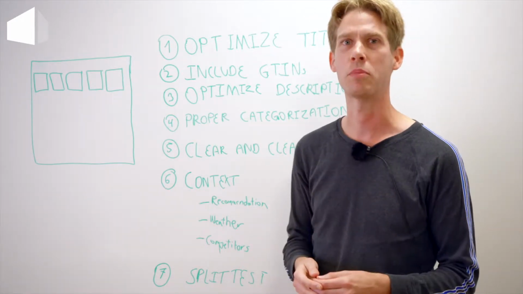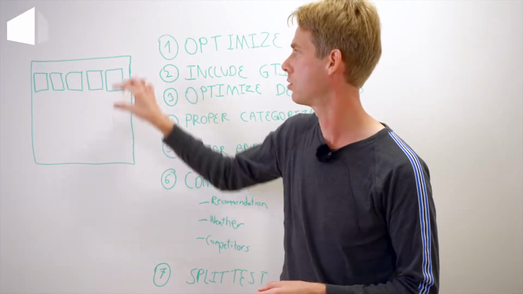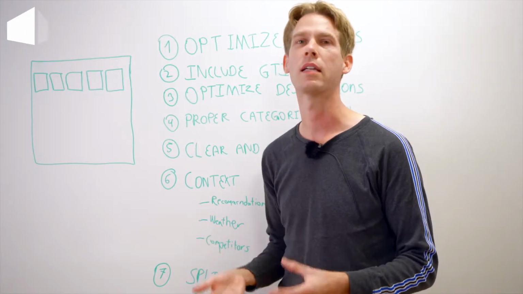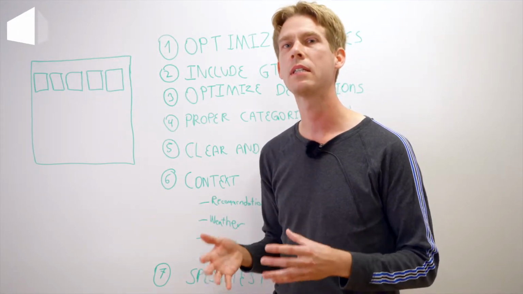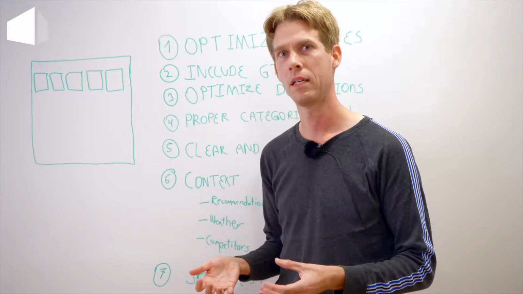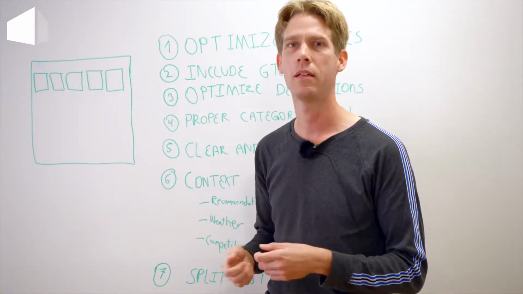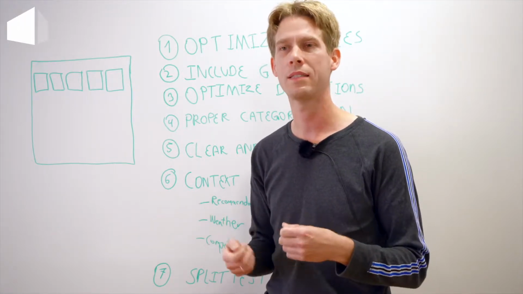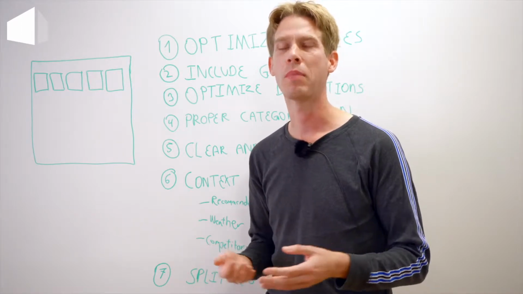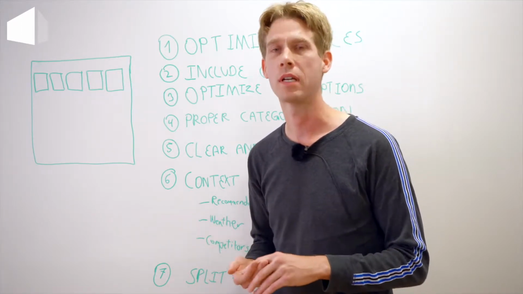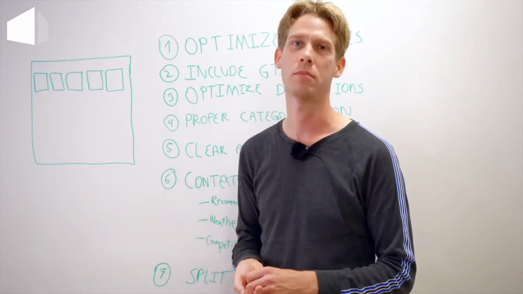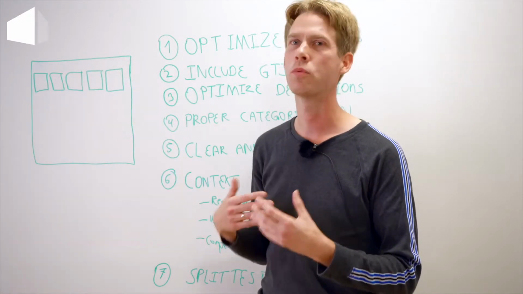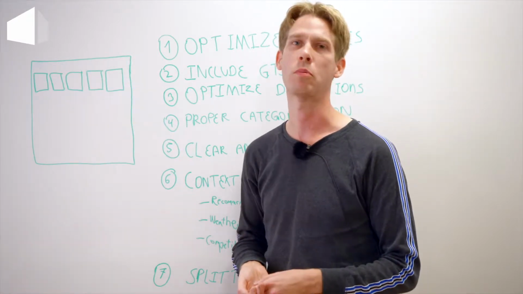Third part is optimizing descriptions, and that might sound a bit strange because you don't see descriptions in the Google Shopping ads. But Google is really good at understanding context, and it looks at every single detail of information you send to the Google campaign. So by adding a good description in the ad, you'll enable Google to show you based on that context. What is the right context to add in the description? Well, that might be brand names, keywords that are relevant for people looking for that type of item. So think about what would be relevant for me if I wanted to be shown up here. What would be the search terms that people would use, and add that to the descriptions.